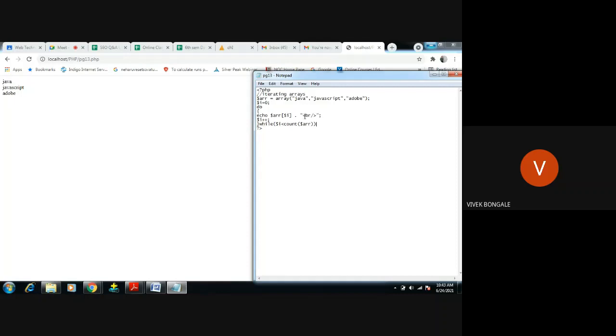So here, correct. So first $I equal to 0, one value it will display, then it will check the condition, right? The condition is again 0 is less than 3, the same condition as it was there in the previous while program, the same thing, and we get the same result.